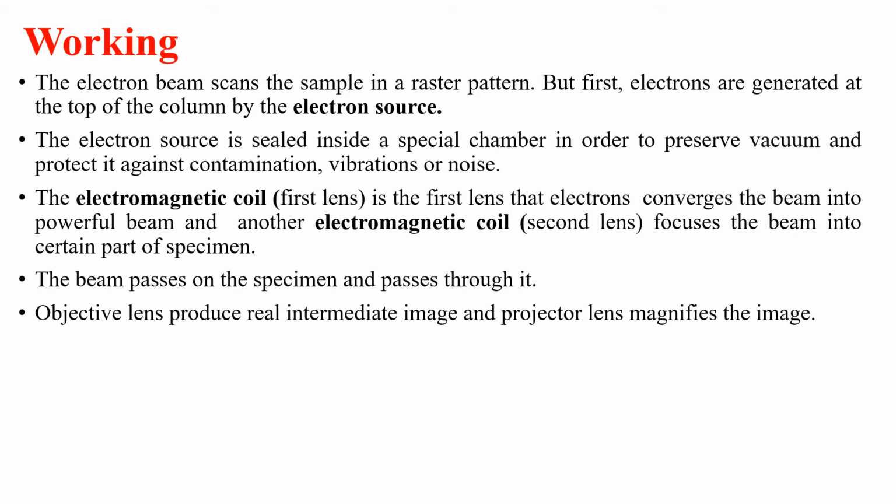Then the beam strikes the specimen, and part of it is transmitted depending upon the thickness and electron transparency of the specimen, and this transmitted portion is focused by the objective lens into an image on the screen or on the CCD camera. Optional objective apertures can be used to enhance the contrast by blocking out high angle diffracted electrons. The image is then passed down the column through the intermediate and projector lenses and is enlarged all the way. So this is the basic working of a TEM instrument.